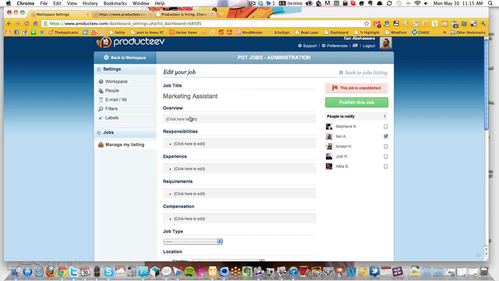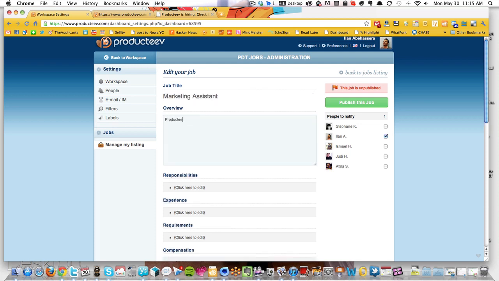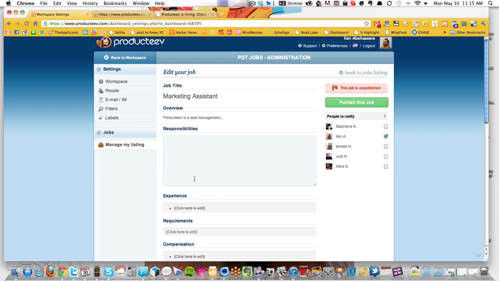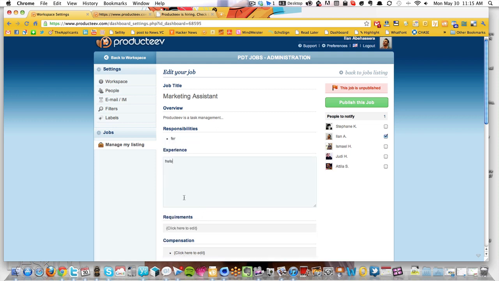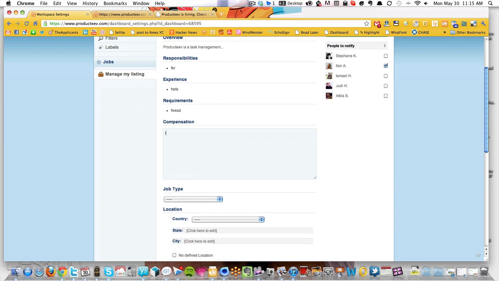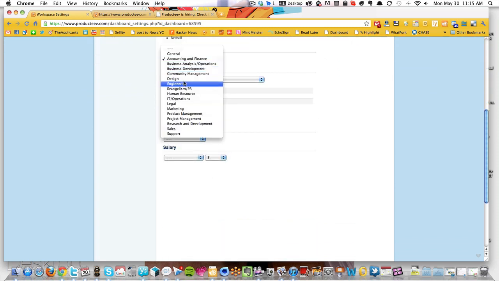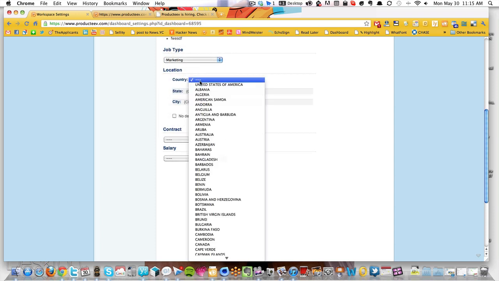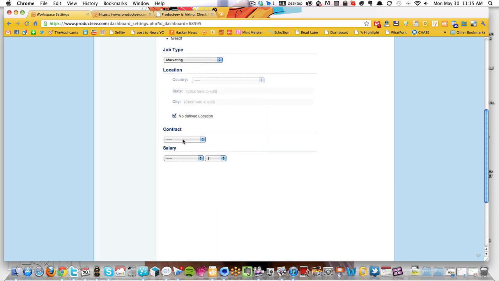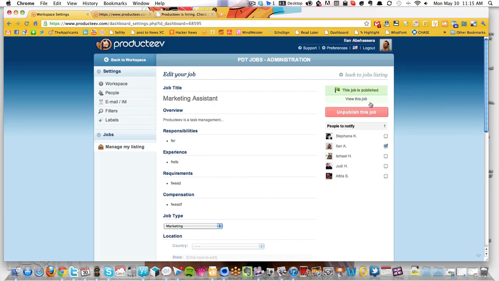All right, so it's for Producteev is task management. Responsibilities, experience, requirements. So those are all of the fields that we support. And then job type, it's going to be marketing, location, no defined location, for instance, full-time, and salary, and then you publish. You can also decide who in your team will get an email notification every time someone applies for